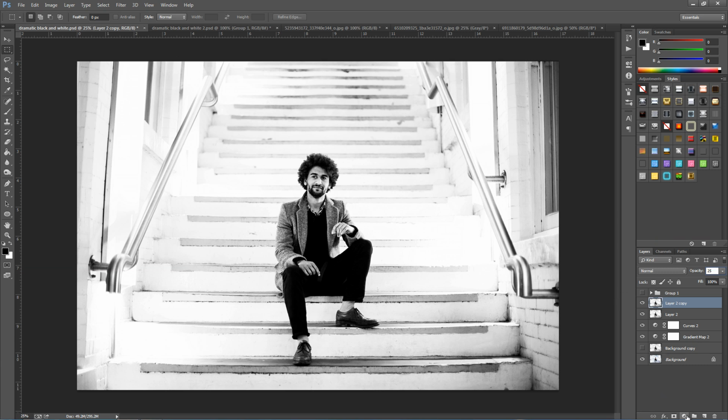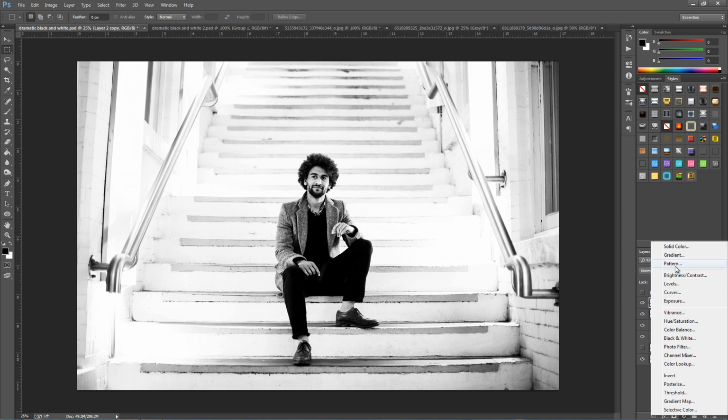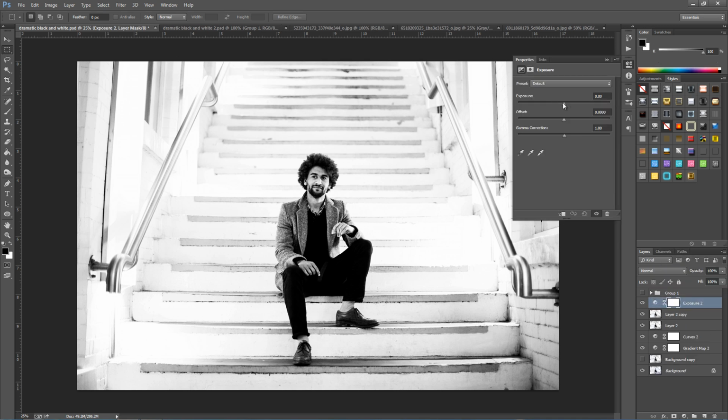So we're going to go down to the adjustment layers again, and we're going to go up to exposure. And the only two that we're going to change is exposure and gamma correction, sorry. So we're going to go and change the exposure, and that is going to be 0.10 for this. So type in 0.10,